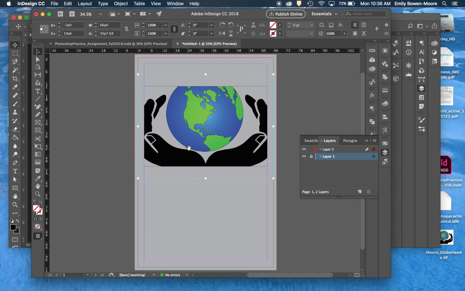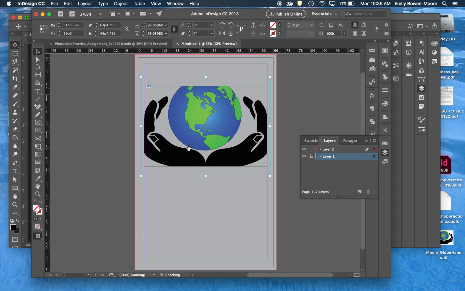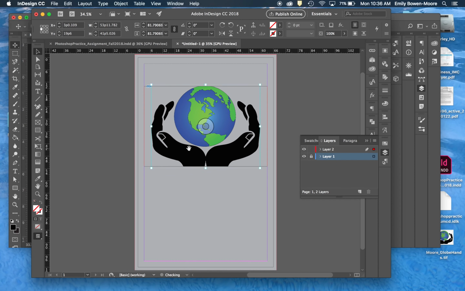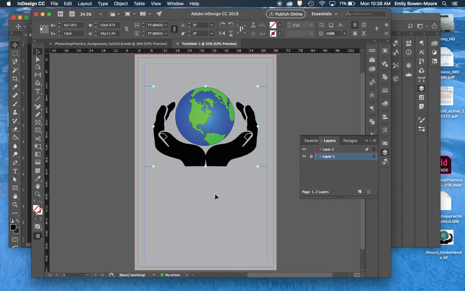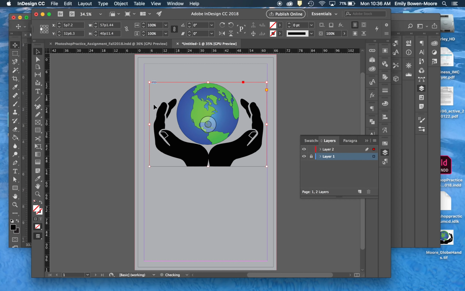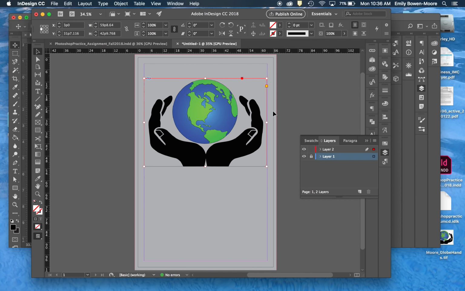Go back to my selection tool. I'm going to double click inside the frame to select the image. And I'm going to scale this down to fit inside the frame. Pull this in because I'm going to make this a little bigger. So I'm going to use my Command Shift to scale the whole image bigger. Now that I have it inside the frame and it's fitting, now I can select the frame and everything and